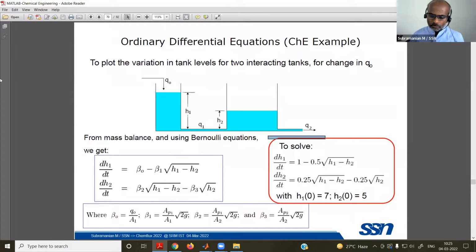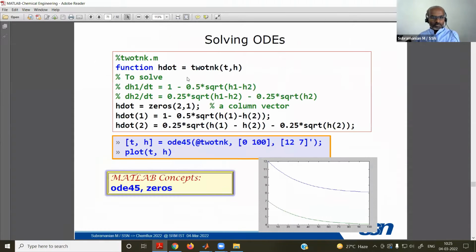Okay, simply to say, these equations are coming from your mechanical energy balance, where there is potential height and kinetic energy. If you connect all these things using the Bernoulli equation, you'll get this. In addition, you also need to use your mass balance. Mass and energy balance will yield these equations. Of course, you can also explore how these come from your process control, process dynamics course. So we have these equations.